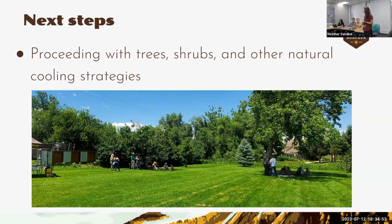There's also the fact that in places that really need cooling, such as manufactured home communities, wind is a huge risk. And how are you going to mitigate that risk with the cooling? So starting with the baseline data, starting with what we can do to actually plant, and then figuring out how we work together with the community to do so successfully. And that might mean watering programs. That might mean